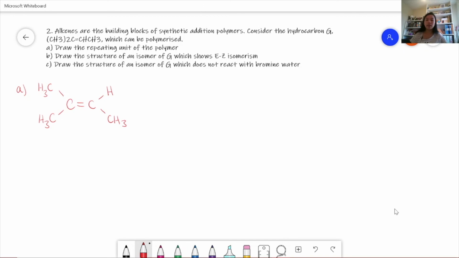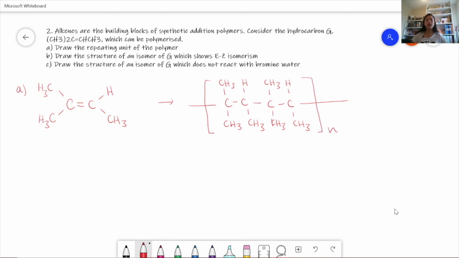If this was to form a polymer, what we would get would be carbons, and then we'd have a methyl and another methyl and a hydrogen and a methyl, and then this would repeat, so we're adding 2 of these alkene molecules together. And so this is what we would get if we were to add 2 of them together,